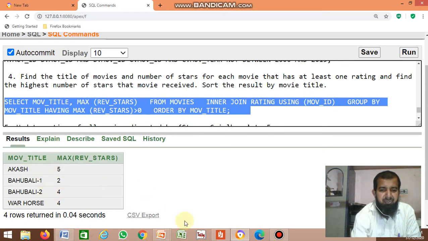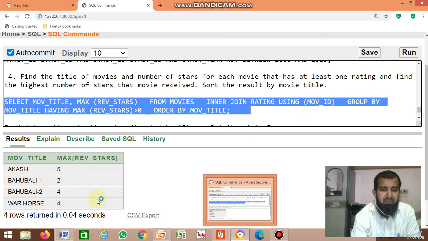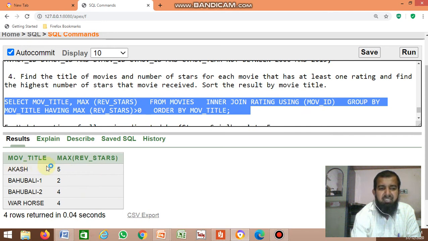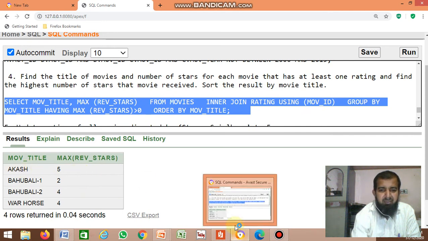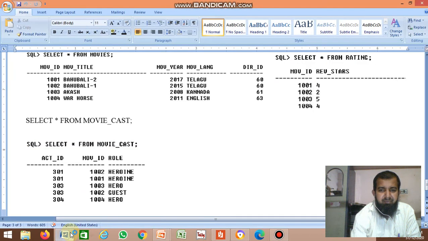Then Akash 5. Alphabet wise A comes first, so that's why Akash is displayed first. 1003 means Akash, their rating is 5, so it displays Akash 1003 and 5. 1004 is 4, Warehouse, like this.